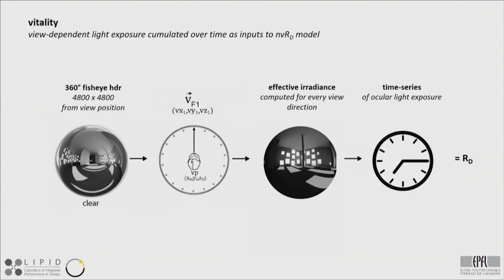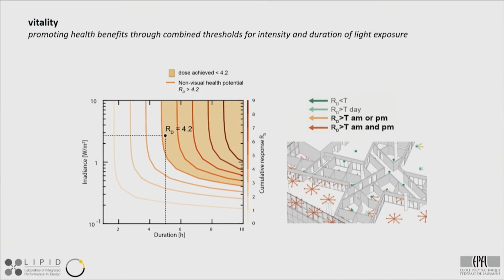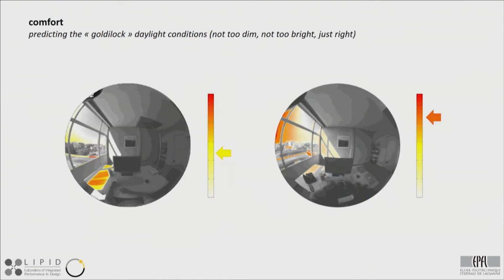vitality or subjective alertness. Here again, the idea is to combine both the amount of light and how long you're exposed to it to get some kind of threshold, and use that to define whether somewhere in the space, if you were to stay there for the whole day and look in that direction, would have a high health potential or not. And then finally, for comfort, the idea is to